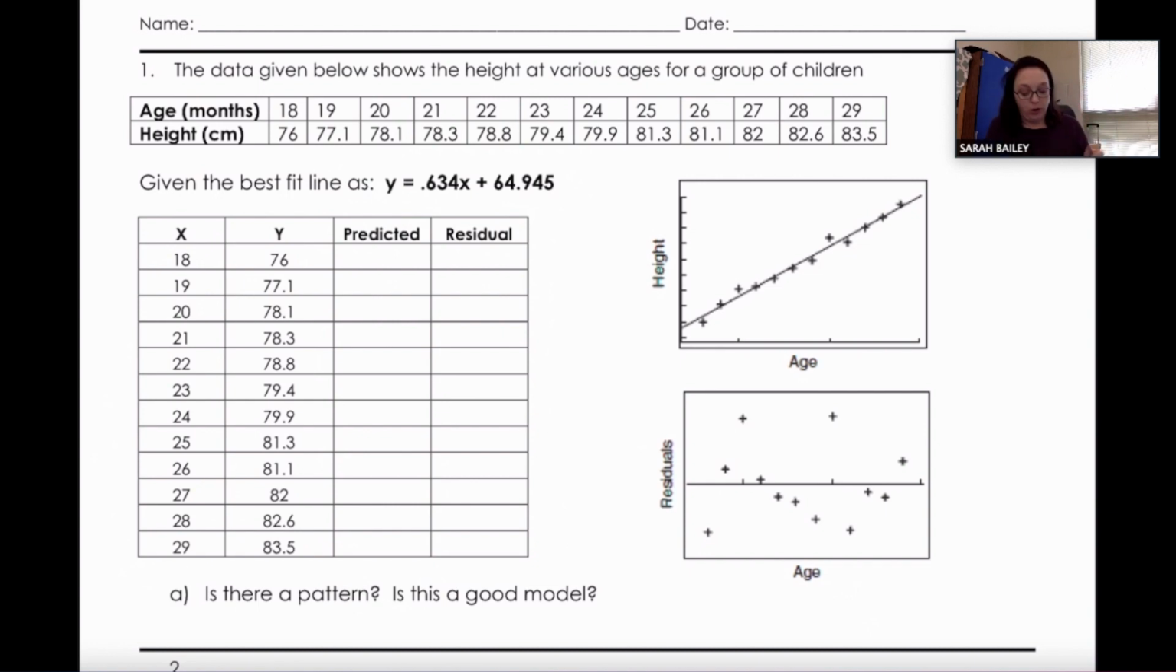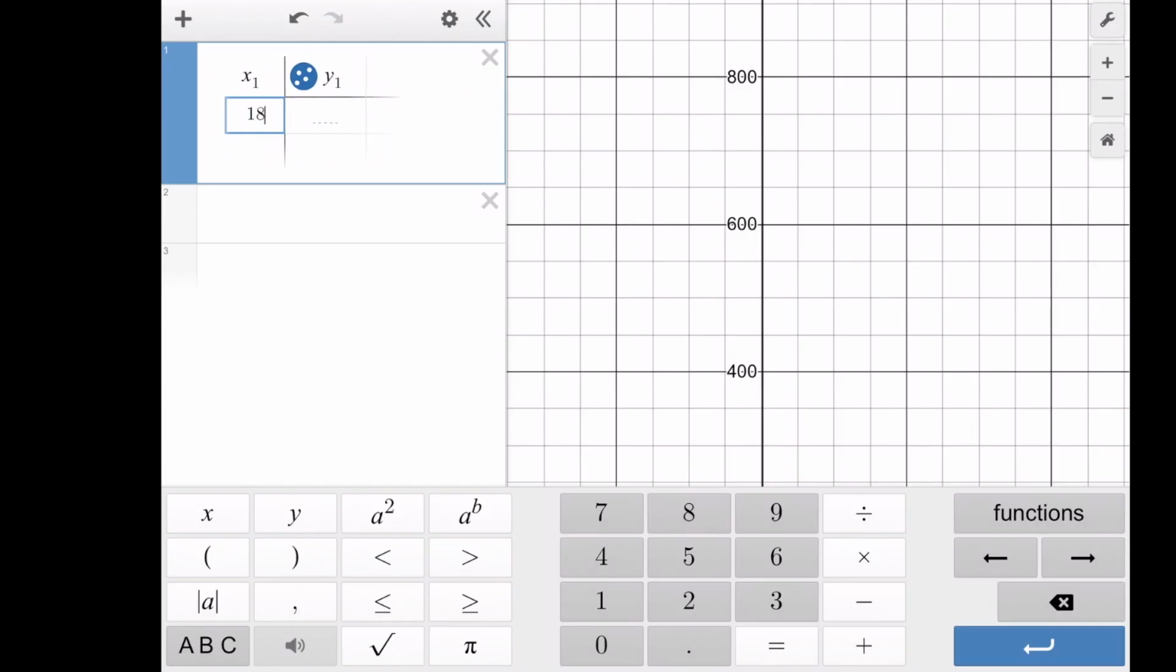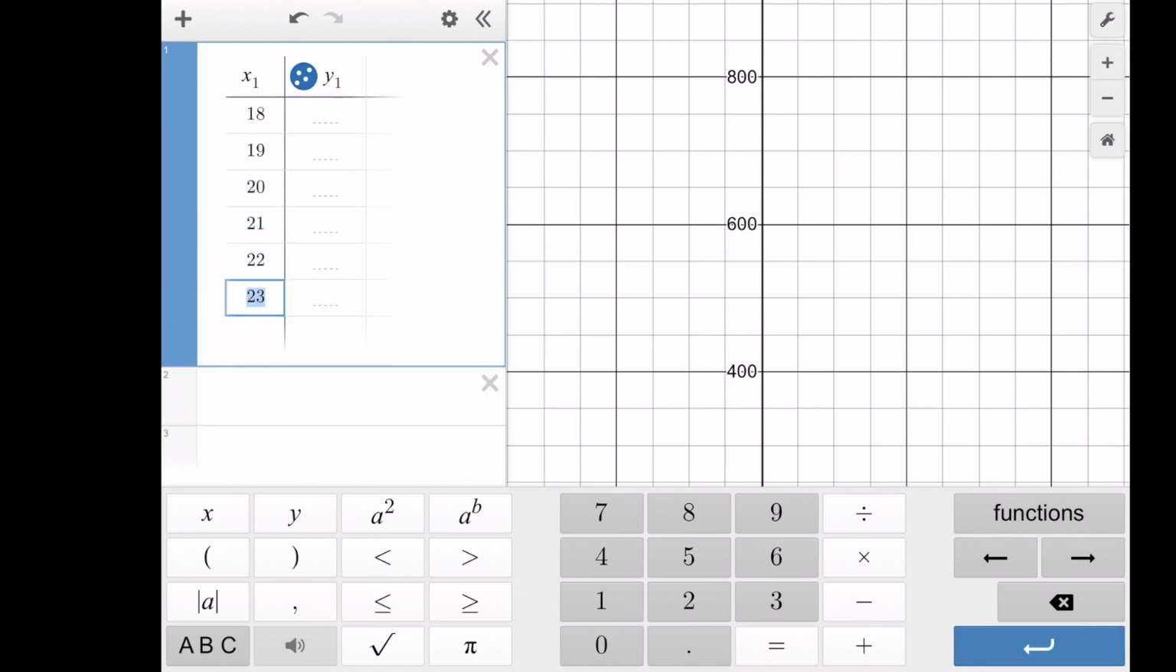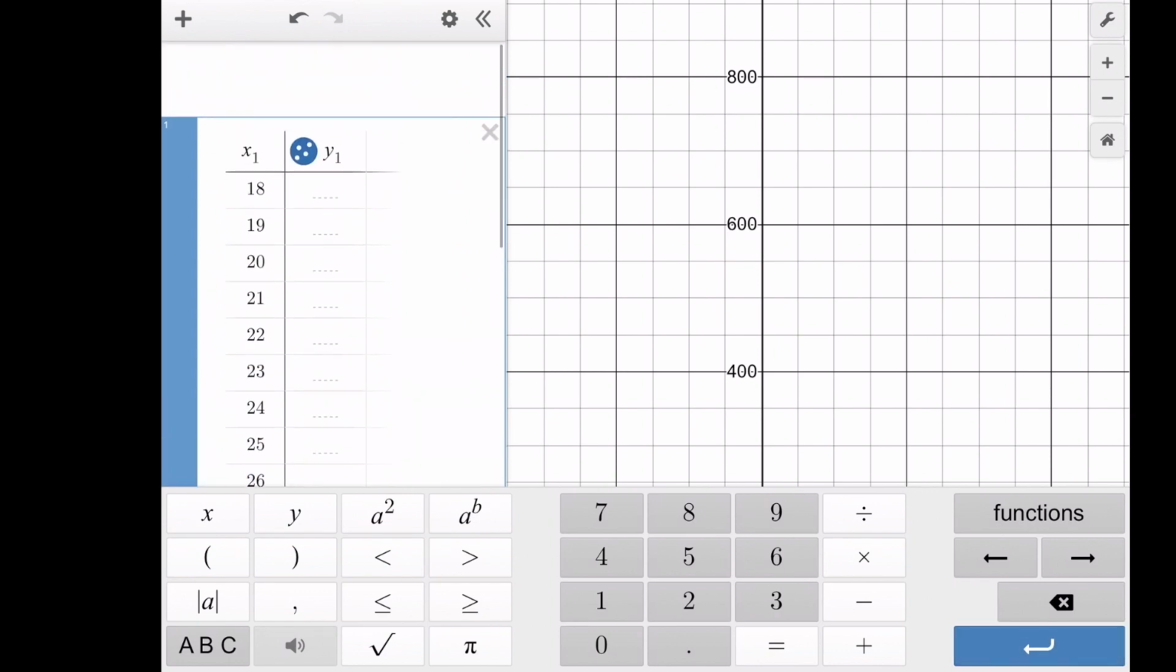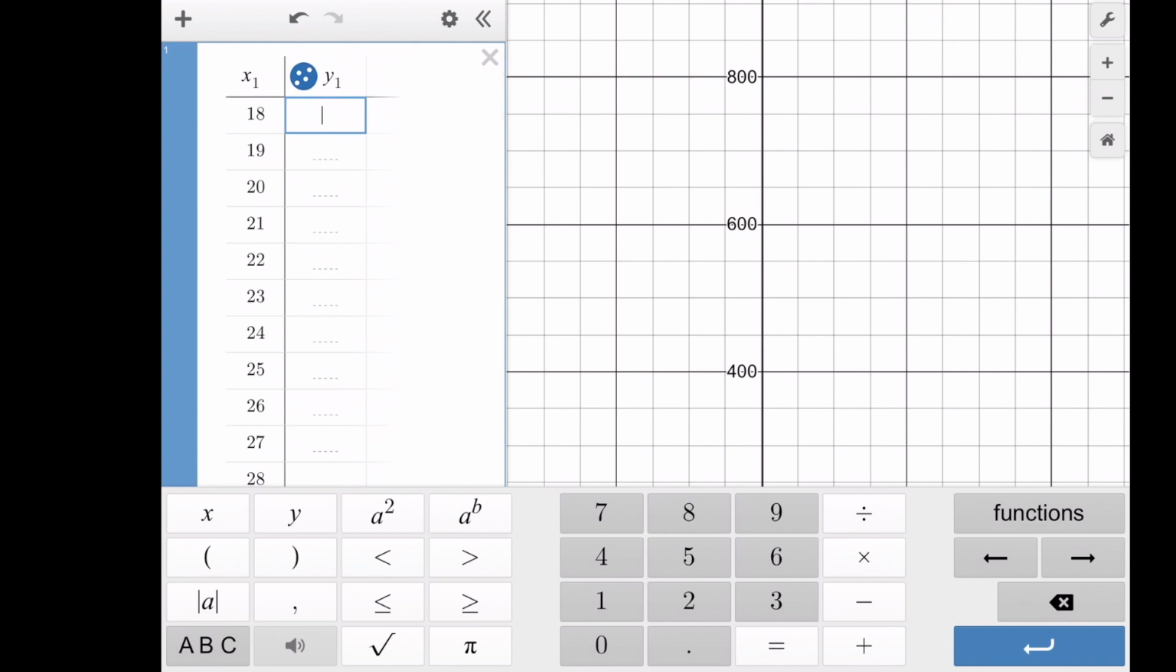So I'm going to go ahead and enter my x values, so 18, 19, 20, and these all go in order all the way up to 29. So I can just keep hitting that blue arrow and get all that. Now my y values are 76,